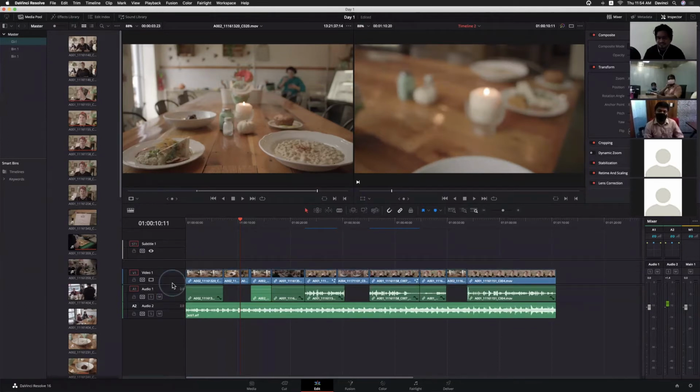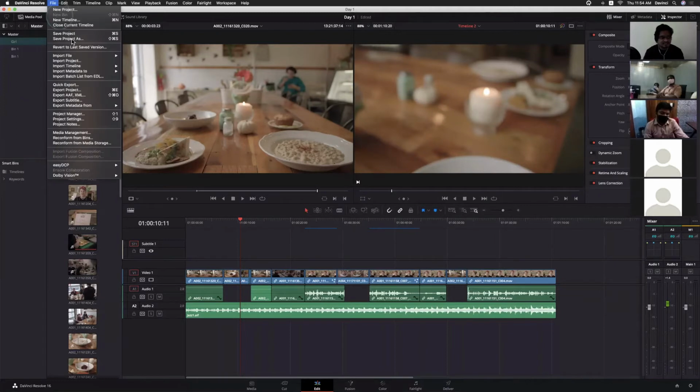For XML it's a different method, whereas for EDL it's a different method to import our timeline. But let's go with EDL. Actually, I thought you people were working with EDL. Abdul asked me yesterday about Premiere to DaVinci, and we'll see the XML also, how to import an XML file.